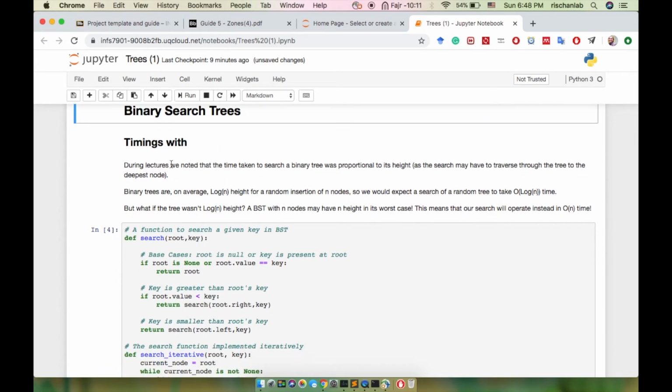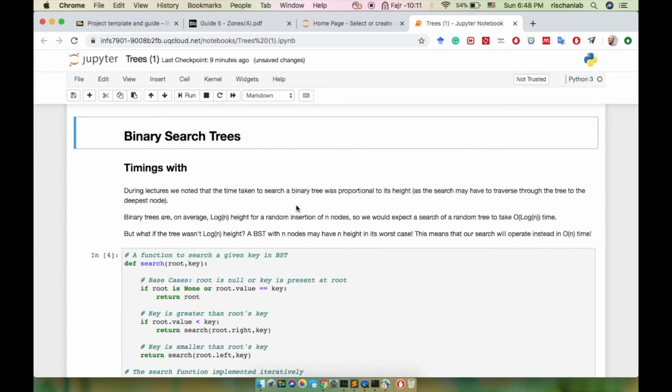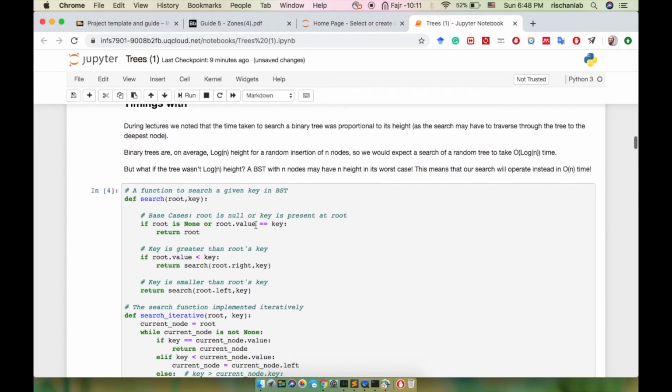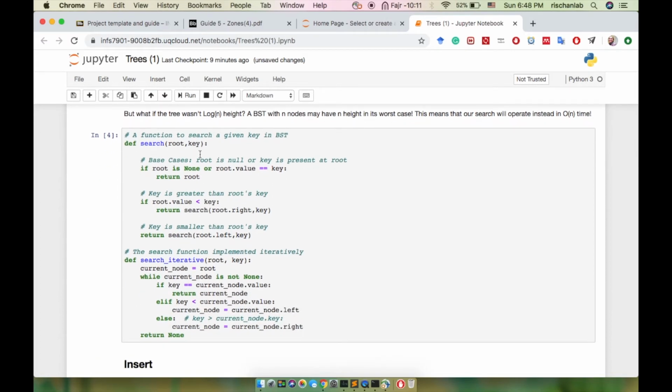okay, binary search tree. Binary tree on average is log n height for a random insertion of n nodes. So we would expect a search of a random tree to take O(log n) time. But what if the tree wasn't log n height? So in the worst case, the complexity of binary tree might go to O(n), not the log n. And this is the function